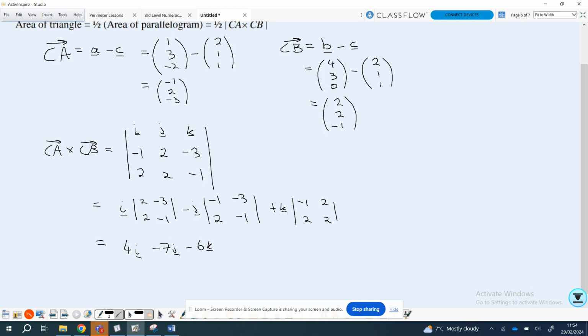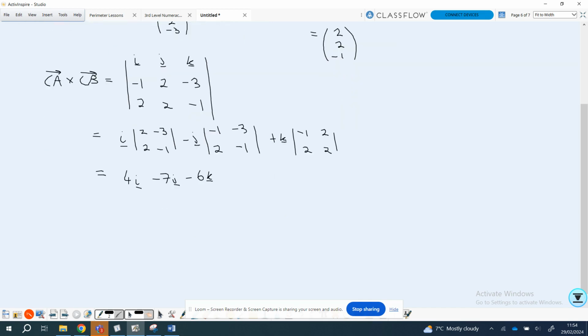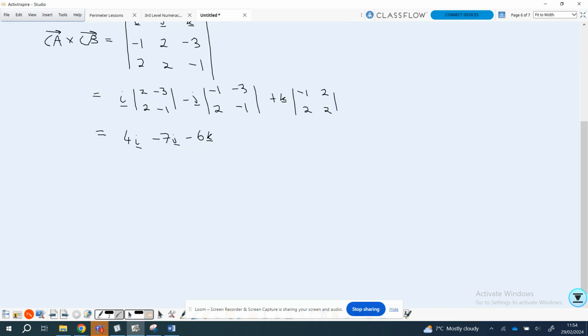So the negative 6 inside that 2 by 2 determinant. So I found my vector that's a cross between CA and CB, but I want to get the area here eventually, so I need to get the area of the parallelogram, which would be the size of it. Okay, so the magnitude of CA cross CB,